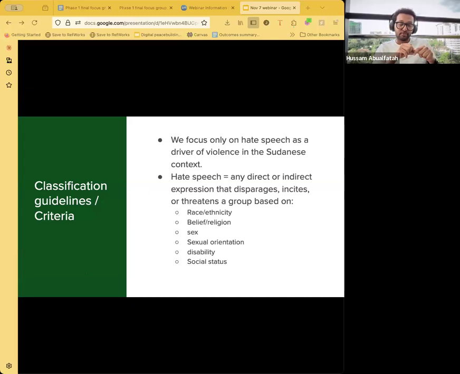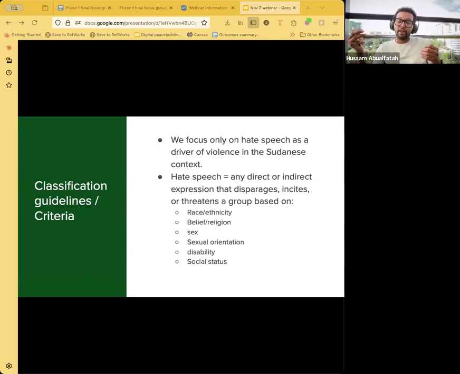In our ECFB project, the automatic classifier, we focused, as I said, on hate speech as a driver of violence in the Sudanese context. We used a clear framework to classify and build a consistent, credible dataset. We wanted to identify first what hate speech is. We say hate speech is any direct or indirect expression that incites or threatens a group or individuals and leads to attacks on them,